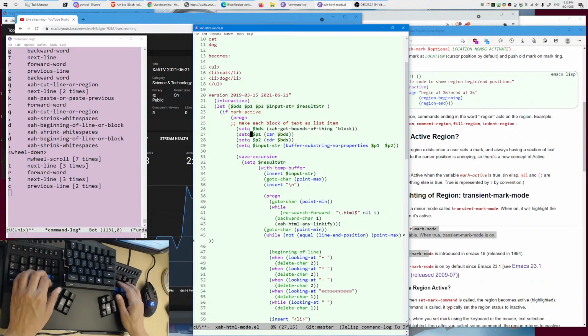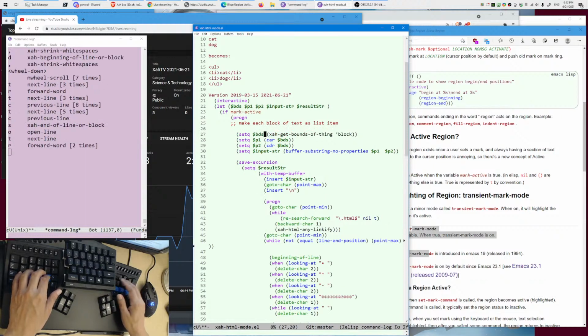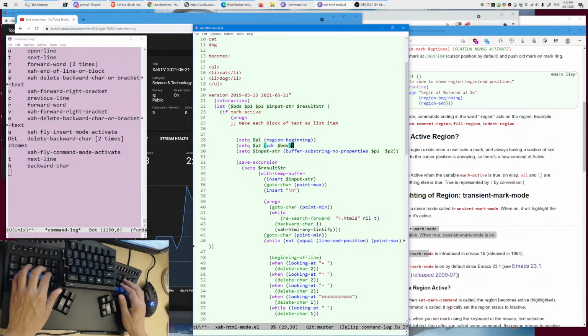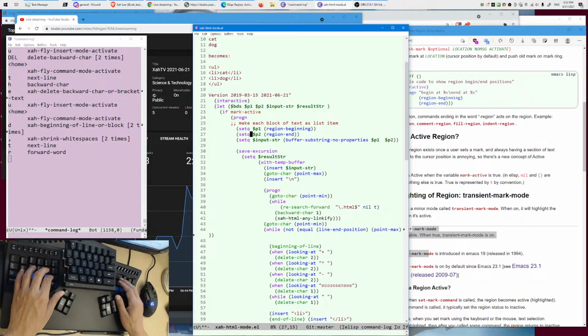Okay, boundary. Each block of text, there is already a selection here, so you don't need that. So set P1 to region beginning position, set P2 to region end position. Then input string is that. Okay, I don't want the input string. I don't want to do this. I want to do instead